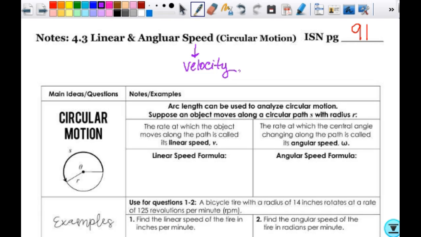Maybe not by now. I don't know what it is in the curriculum. I'm pretty sure in AP, though, you've already done it. But it may not look exactly like this. So we need to talk a little bit about the difference between the linear speed and the angular speed that's